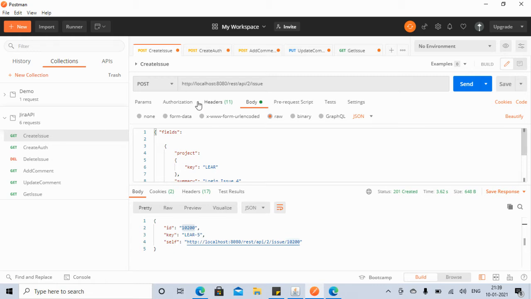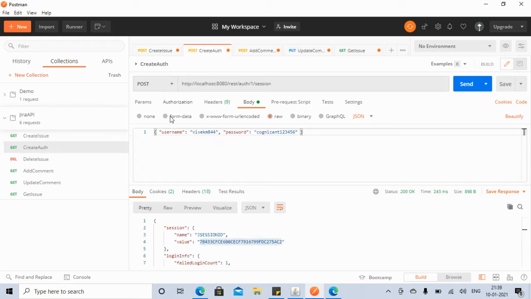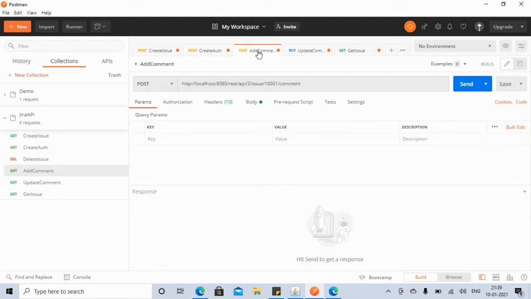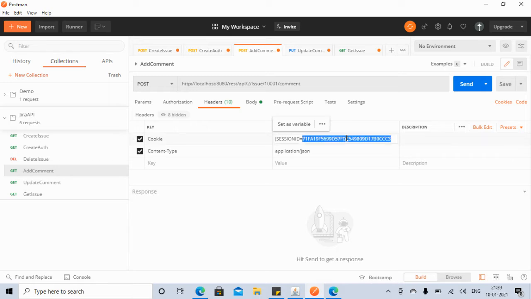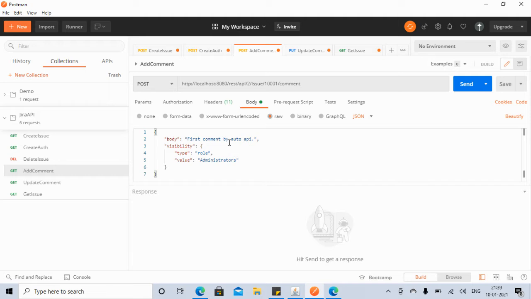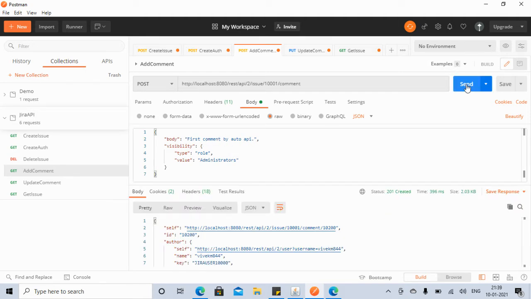So just copy this ID here, and then you go to add comment and go to the headers and also update it here, this JSON ID, the cookie, and then suppose you want to add comments by the API. Okay, so we got the comment and comment ID also.